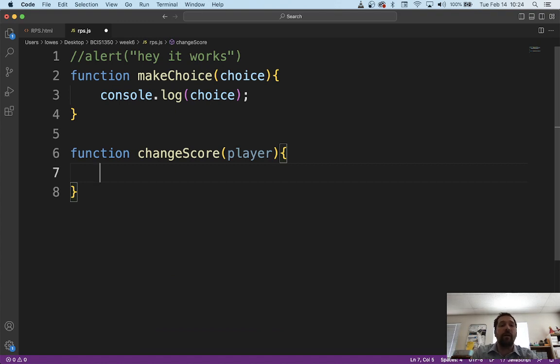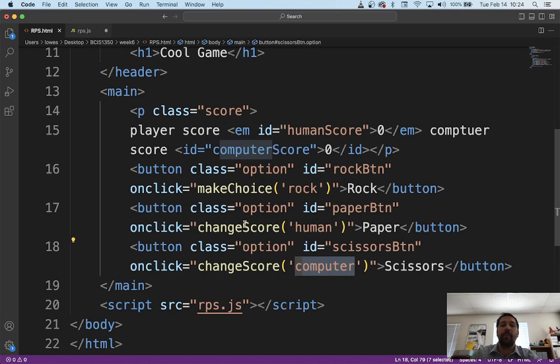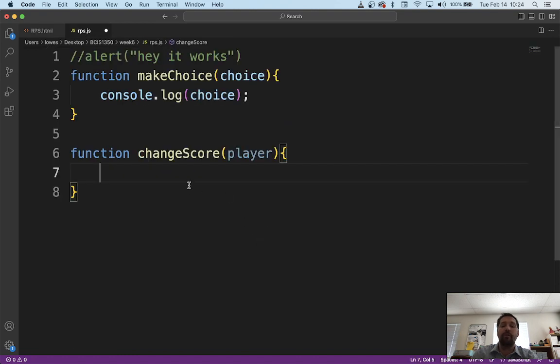Okay, so what we're going to want to do, though, is change either... this is funny, what is the ID here? The ID is paper button. No. The ID is human score. And then down here, the ID is computer score. Okay, so we're going to document